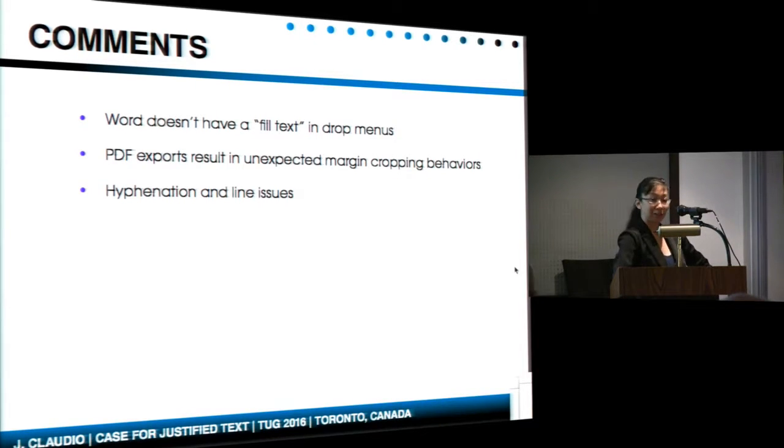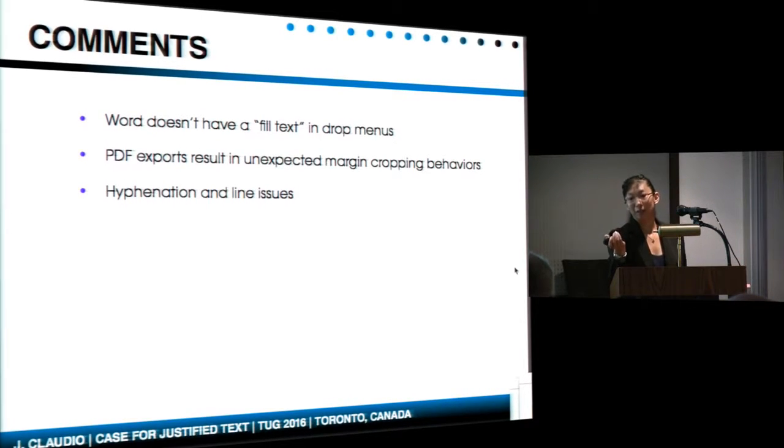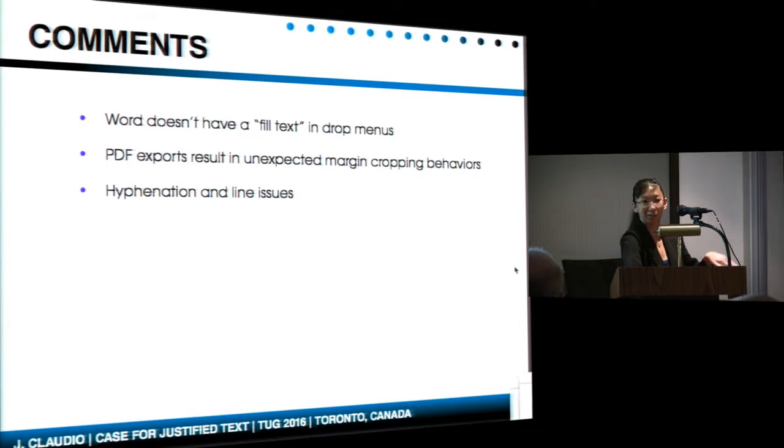I also found out that in PDF export, the results are often cropped differently between these softwares, so you might have seen some of the jumping text, and I'm not familiar with the export algorithm, but there's something different going on with the cropping, so I had some adjustments in there. From Word? From Word, yeah. So in Word Perfect and InDesign, I could export and I still have the correct margins. Whereas when I export from Word, it crops it right at the border of the text, and I don't know why it does that.